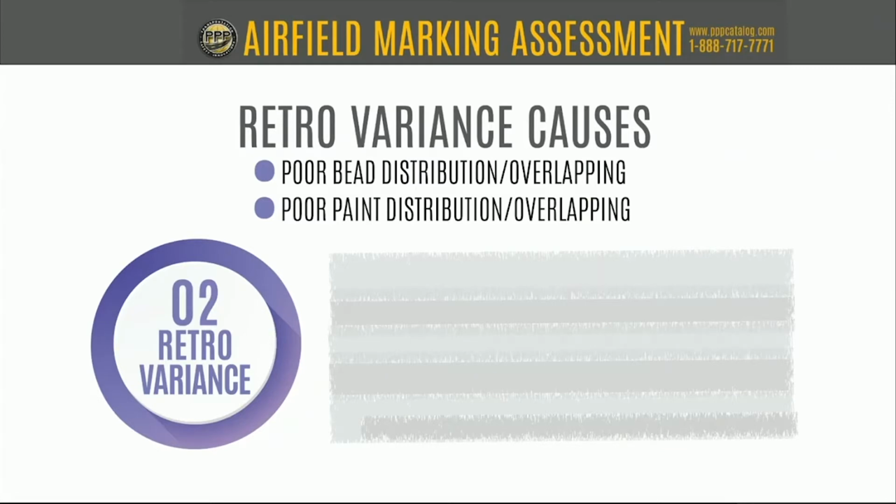Yeah, you've hit it pretty well. Very often it's the paint distribution and/or the bead distribution. The overlaps are a real thing, especially, like you said, when you're dealing with wider markings. Again, my ideal is, if it were my airport and I had a spec truck to paint my runway markings,